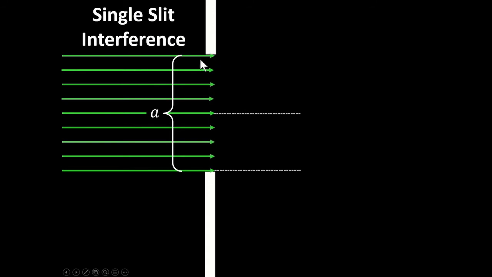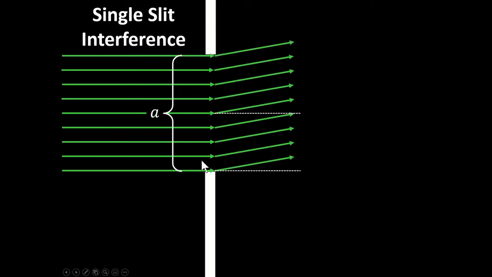So this time there's only a single opening, so we're not using d to find the distance between two openings. We're using a for the aperture. Aperture is the size of the opening. And there's going to be some angle off to the side here where you get a dark spot. And the way we find that is if we measure what the aperture is and find out what half of the aperture is. If half the aperture is the hypotenuse here, and this side here is half of a wavelength,